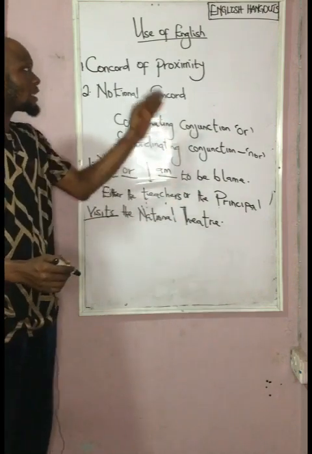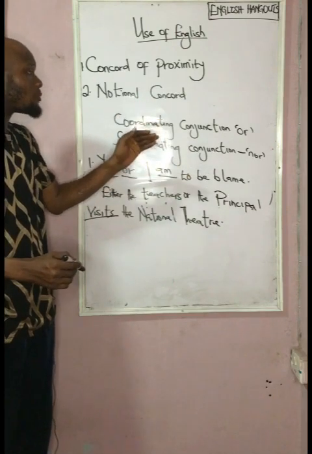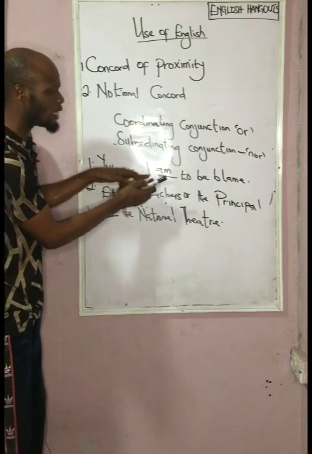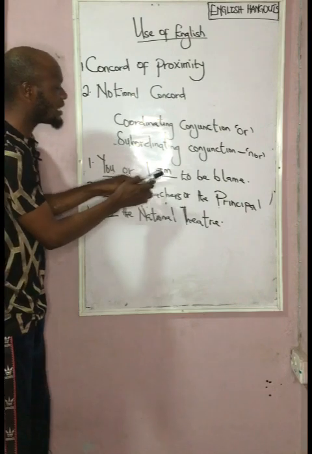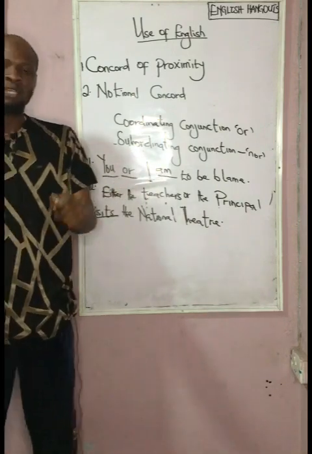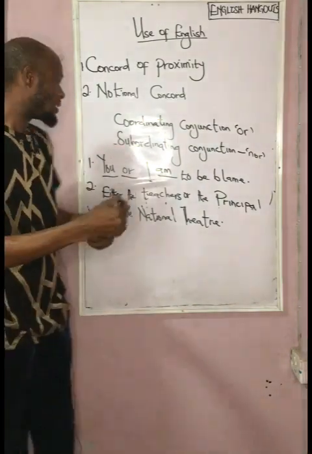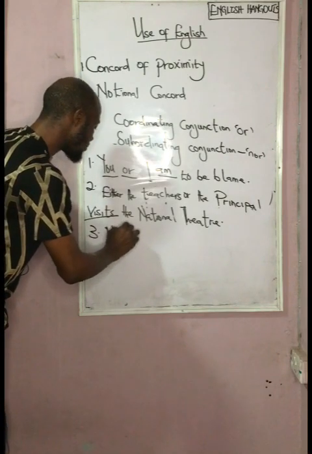This is what the Concord of Proximity deals with. Concord of Proximity has to do with the nearness of the subject to the verb. How near the subject is to the verb will determine whether the verb will be singular or the verb will be plural. The same thing applies to neither